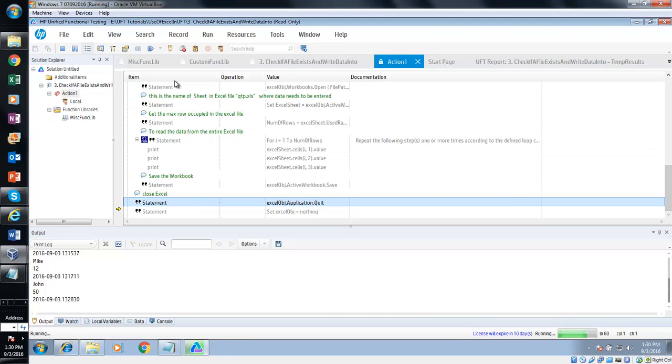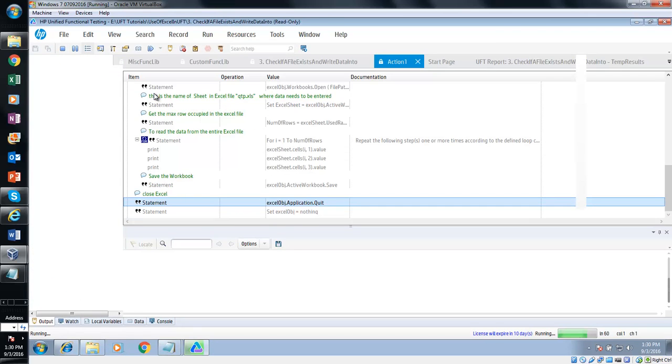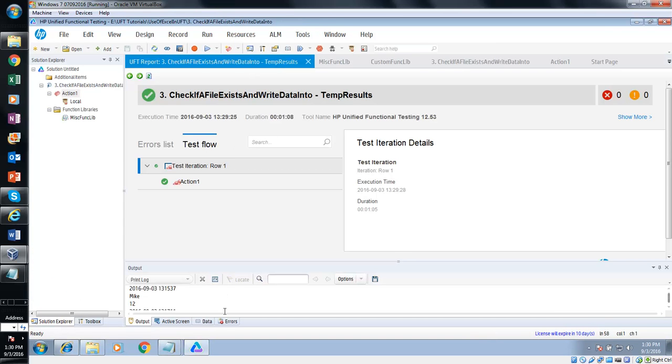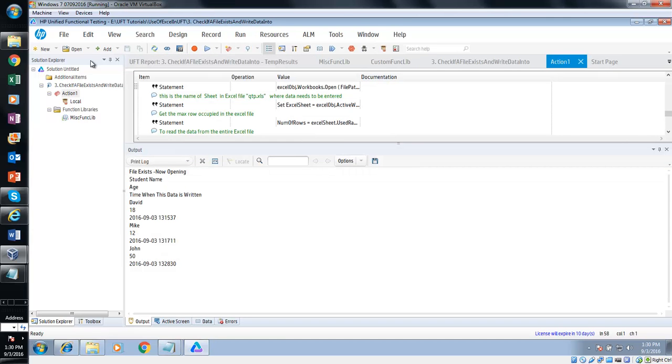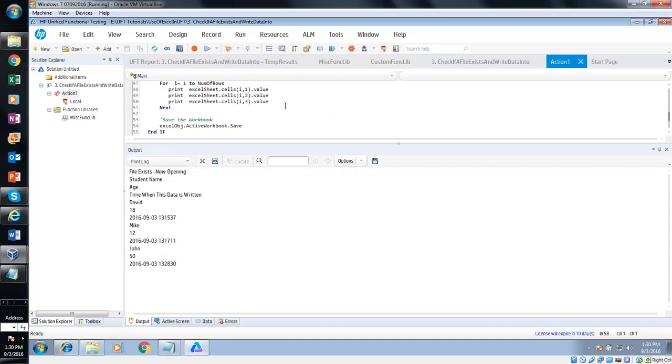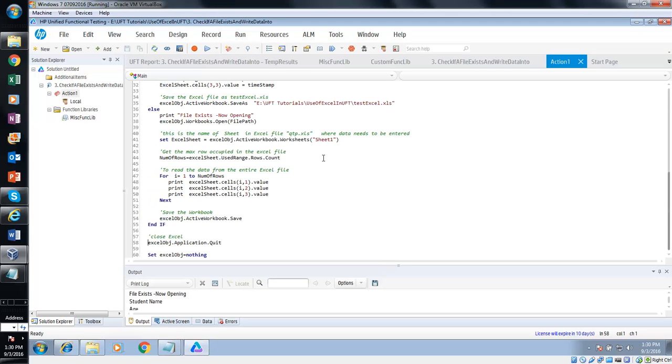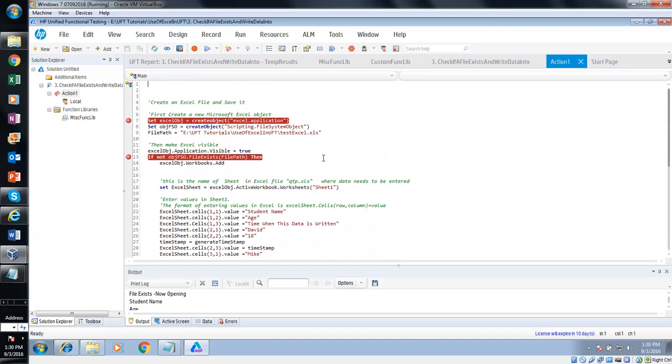Okay, so that is how you can write data into Excel and read those data from the corresponding Excel file. So these procedures, we are learning so that we can implement our Q2P test framework by using Excel. So I will wrap up this session here,